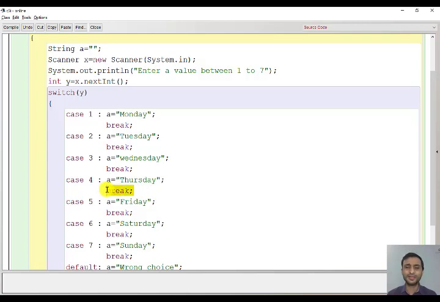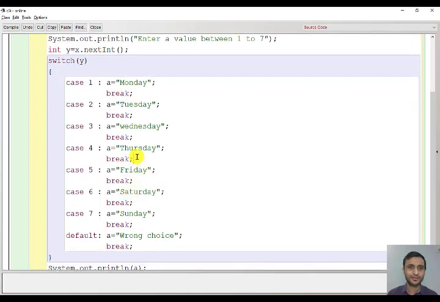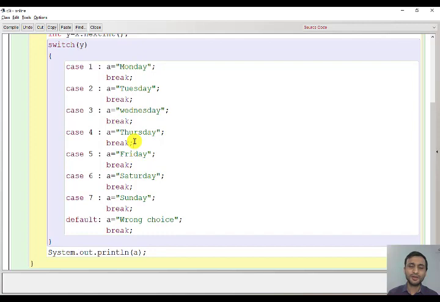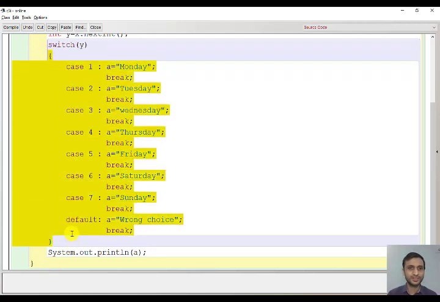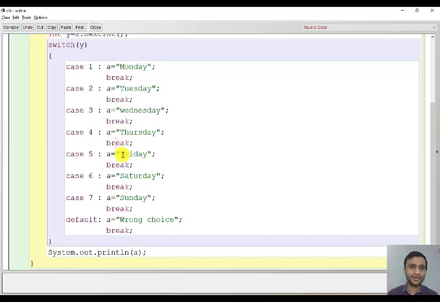So what is break? Break is called a jumping statement. It is a predefined statement. When break is executed, it will jump out of the switch. So this whole thing is the switch. When break is executed, it is going to jump outside the switch, means here.